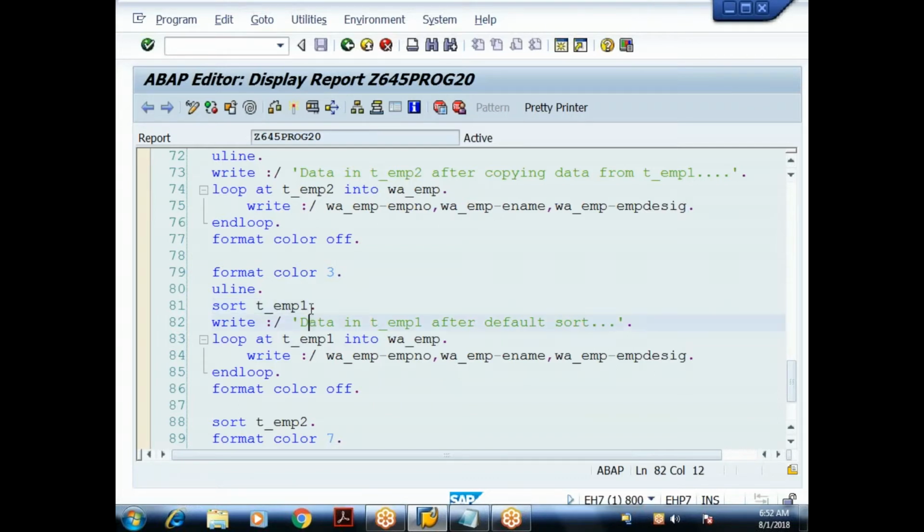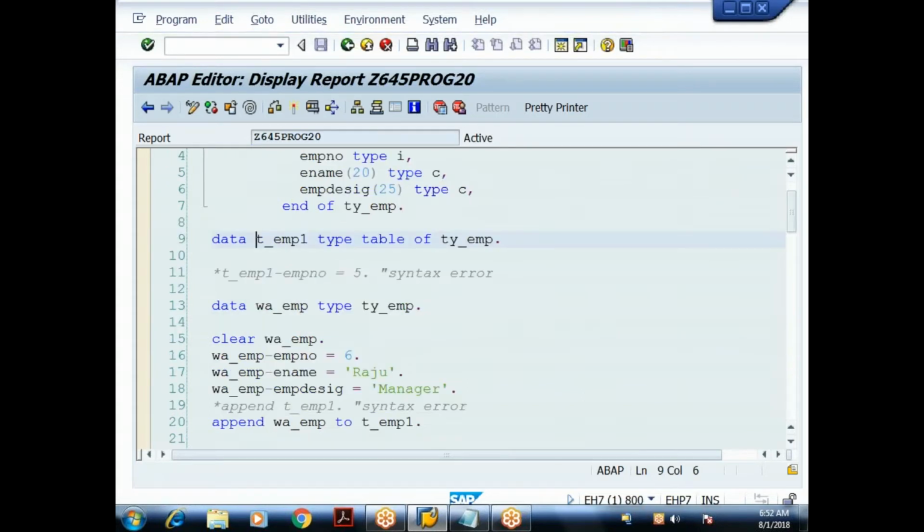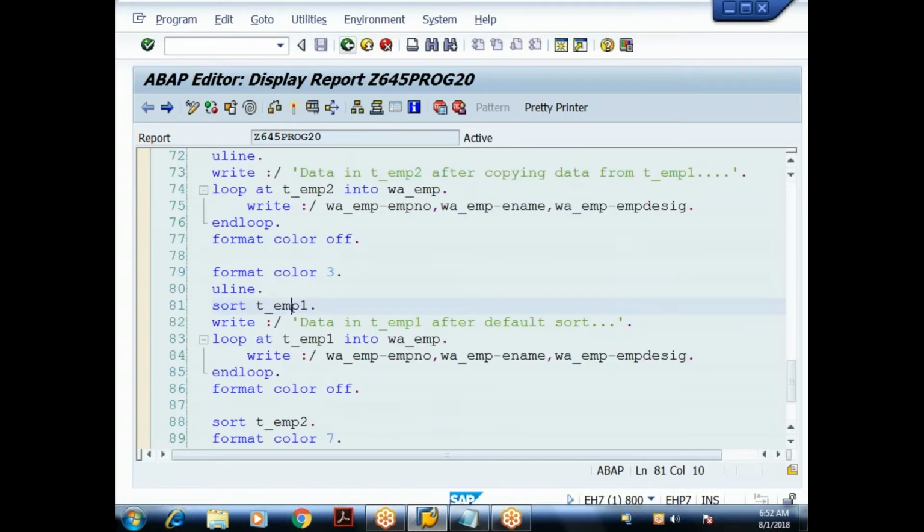So if you don't specify any sorting field, SAP will first check whether this internal table contains any key field. If you go to this internal table declaration, it doesn't have any key specification field.